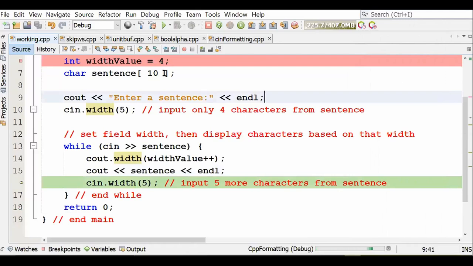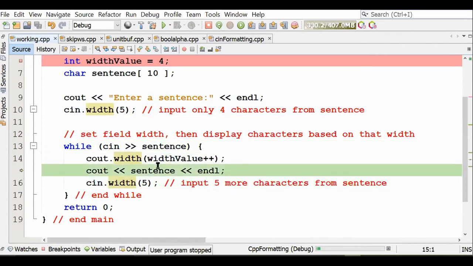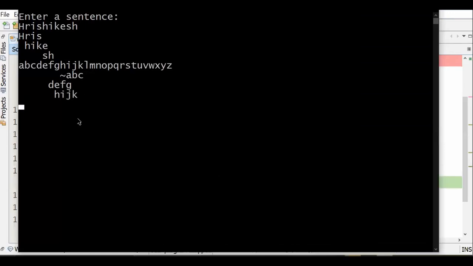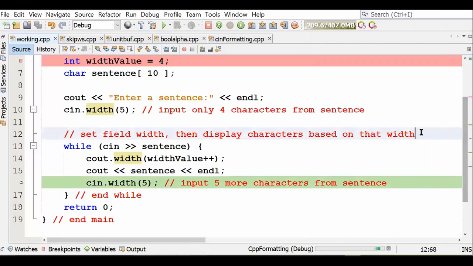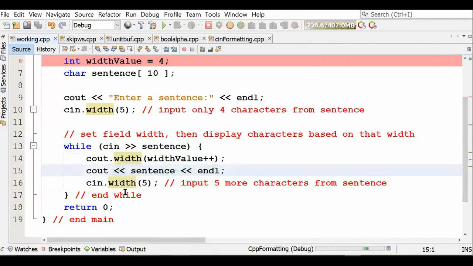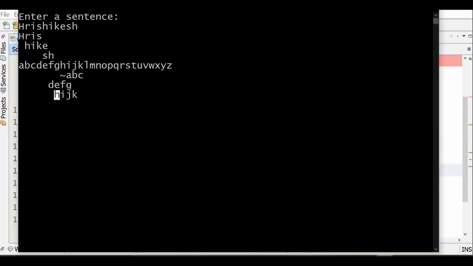See, because your cin's width is currently 5. 5 means 4 characters are going to be read. And every time I'm increasing the width value by 1 character. Let's go ahead. Every time we display. Okay. So here, 1 column width has been increased. Likewise, it will just go ahead increasing the characters. So let's go ahead increasing the characters. Now let's see what is happening.